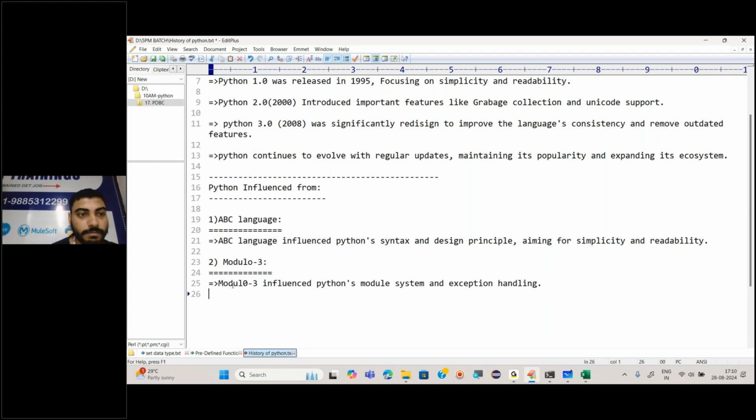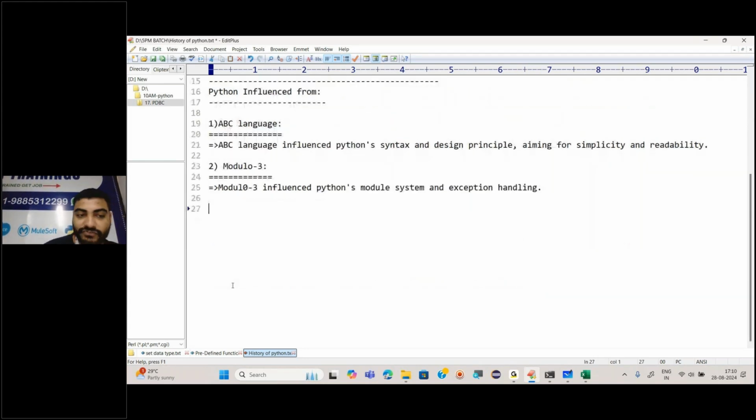Also Python got influenced from one more language called C programming. I hope everyone heard about this. Now how has it got influenced from C programming? In C programming, obviously their syntax also, it is a beginner friendly programming language, right?